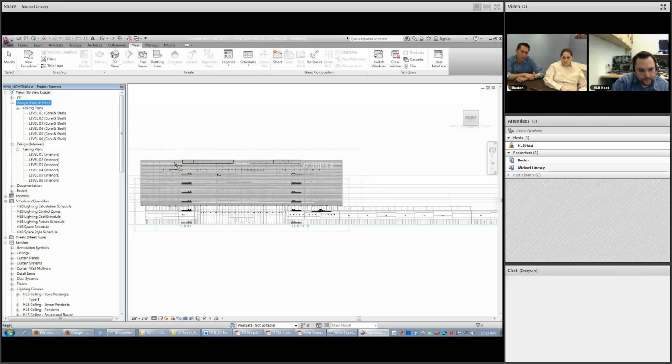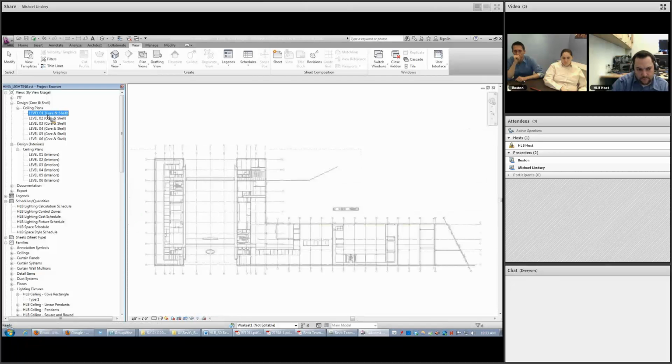and certainly poses some challenges in terms of placing fixtures within the different models, what's part of package core and shell, and what's part of package interiors. So currently the way that I have things split up, and I think we've talked about this before as well, is I want to have, in essence, 3 different design sheets. This is, again, just kind of my thought process so far. The first sheet being a core and shell design package, and this would be light fixtures only, obviously, for the core and shell portion on that floor.